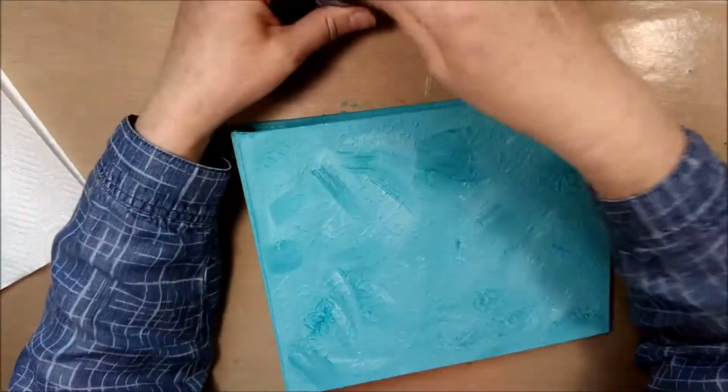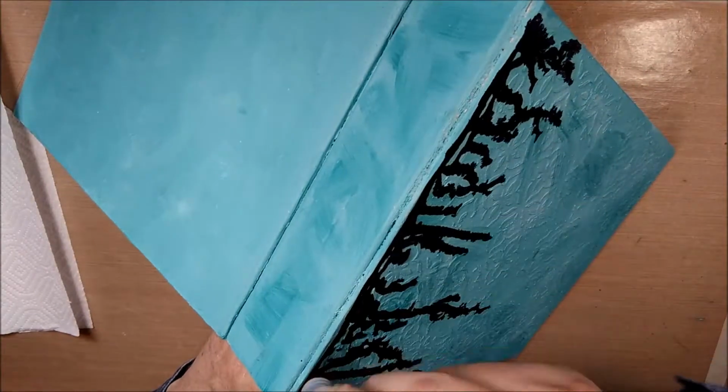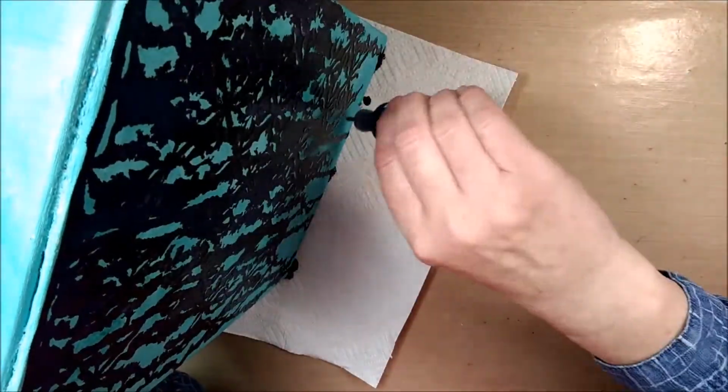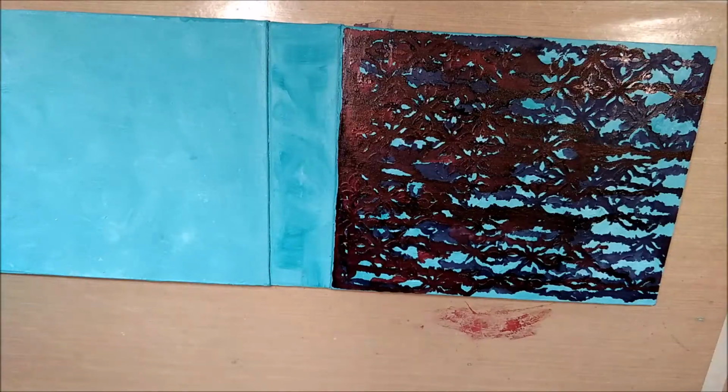And now I want to use these alcohol inks. This is a new medium for me. I just got a couple of colors very recently, and of course I have to try them out. So it's pretty simple here. I just let it drip two different colors. One is purple, one is red, a nice shade of red, and I just let it drip down,